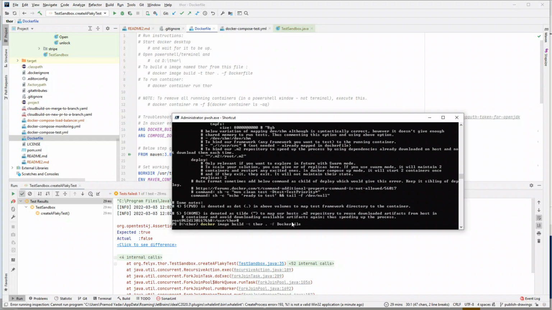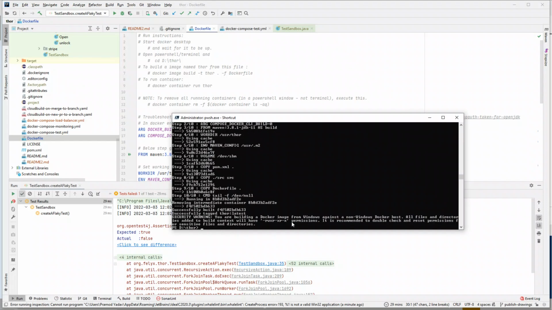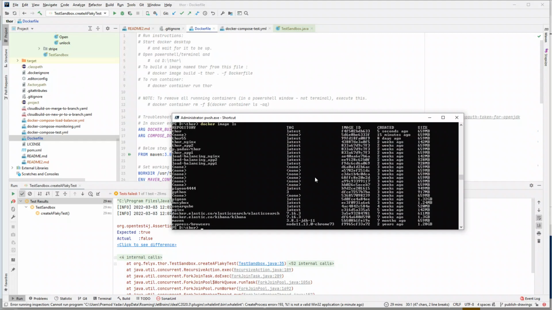Let's do it from scratch again. And as you will see, if I do docker image ls, we have a new image created a few seconds back. And now I want to run this container in a detached mode,